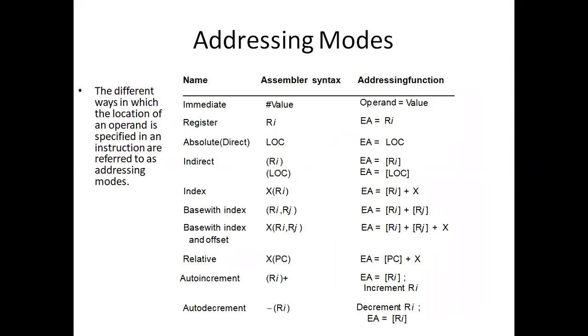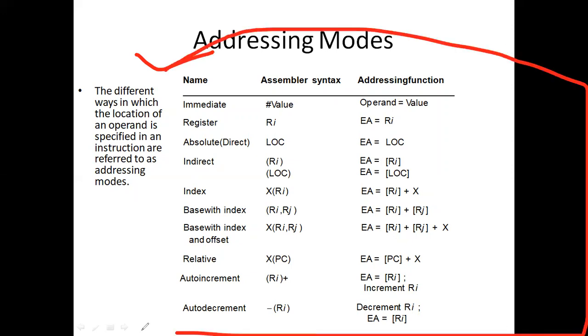Look at this diagram and table. All of you make this table in a copy. It will help you understand the addressing modes again, whatever I have discussed. Now try to do one thing: match what I have just discussed with this table. I have explained everything already. What immediate means, what register means, and indirect, which I am marking here as important. Then index is okay, then relative.